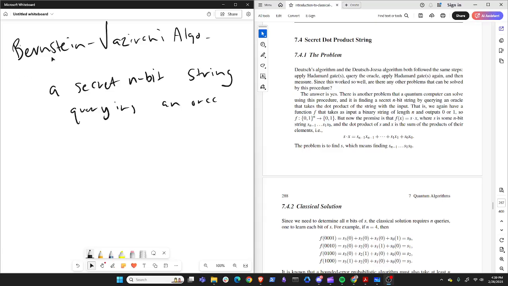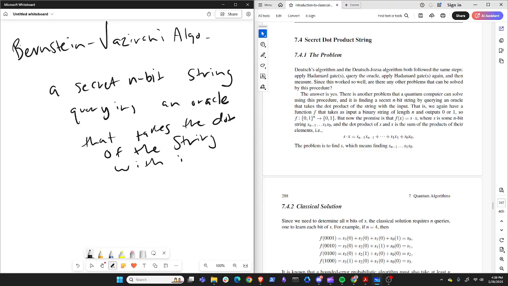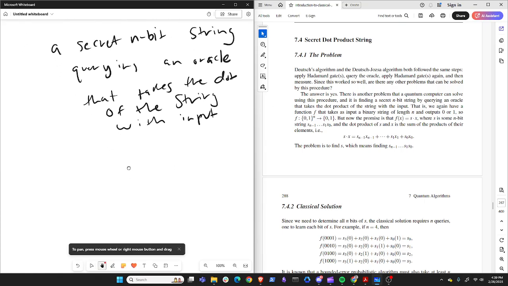Yes, the Bernstein-Vazirani algorithm. We have a secret n-bit string, and we find the secret n-bit string by querying an oracle that takes the dot product of the string with our input. So specifically,